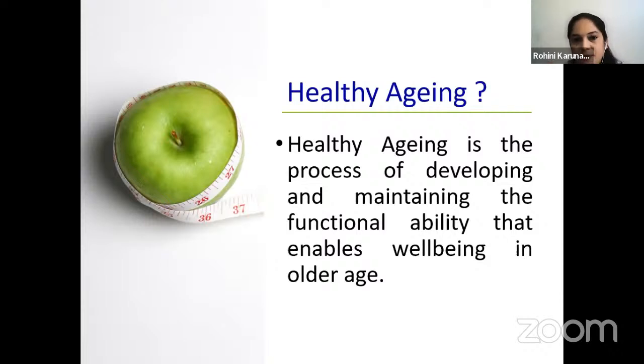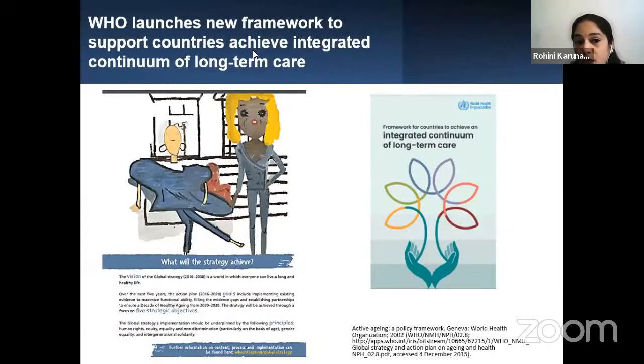an older age. The WHO has also launched a number of frameworks, which are basically to support countries and integrate the continuum of long-term care. Why is this? Because they have a policy framework and strategies to address the demand for long-term care, which is rising because of the aging of the population and the increase of chronic and degenerative diseases. This has been very crucial, and WHO is working on policies to